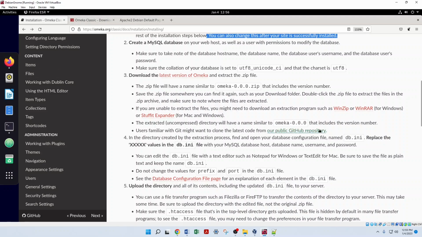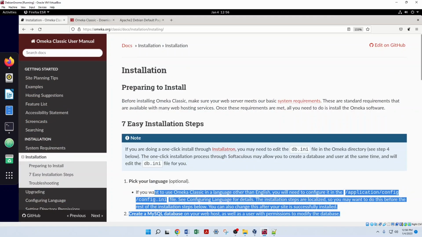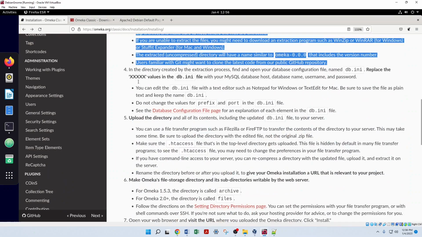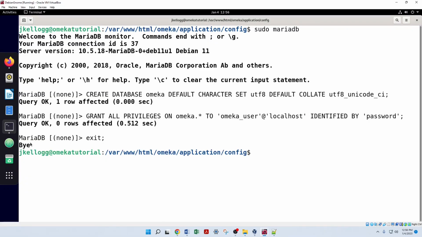All right, we've already done the first 3 steps there. So now we're on step 4. In the directory created by the extraction process when we unzipped our files, find and open your database configuration file named db.ini. Okay, easy enough to do. And then what they're saying is we want to replace the X values in that file with some information about our database. So we're going back to our terminal,